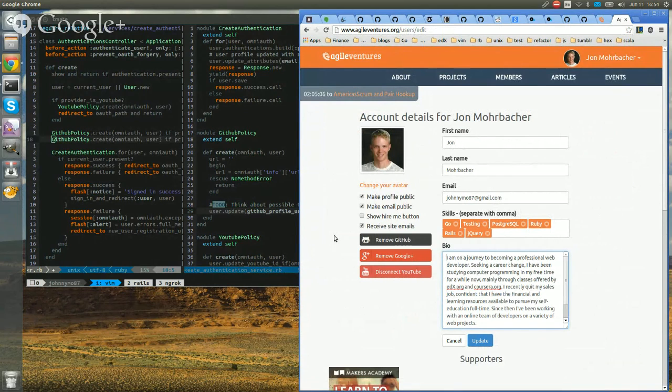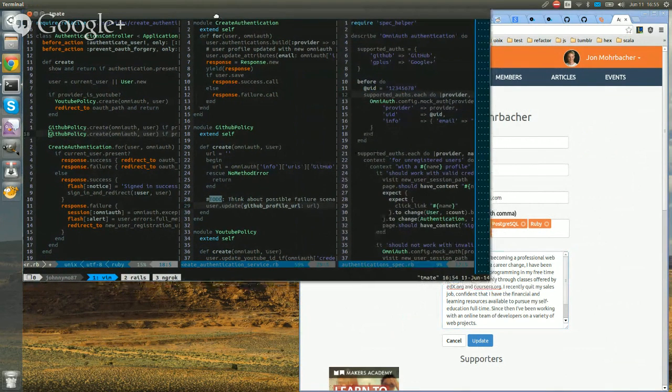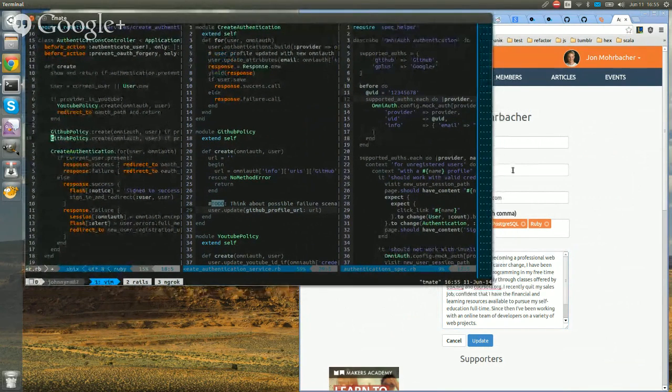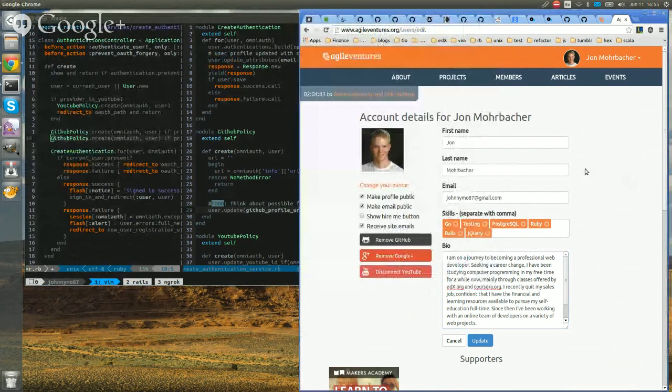Like if you allow, when a user syncs with YouTube, then his G+ gets added, then what I could just do is have some metaprogramming which does provider policy dot create omniauth user in the service object, which we had originally but we removed because of privacy reasons. Maybe I'll change my mind, but I still think in general that if somebody's signing in with G+, that might just be because they don't have a GitHub and they don't want to create a profile. But just because their G+ has a YouTube account, they don't necessarily want,